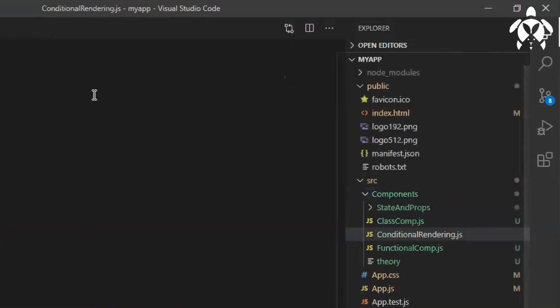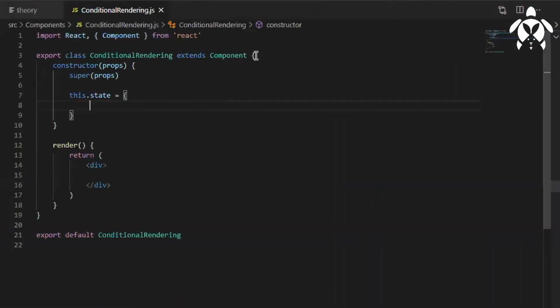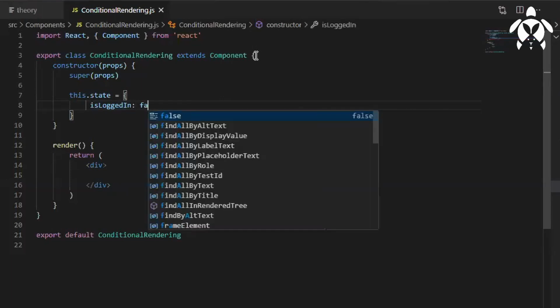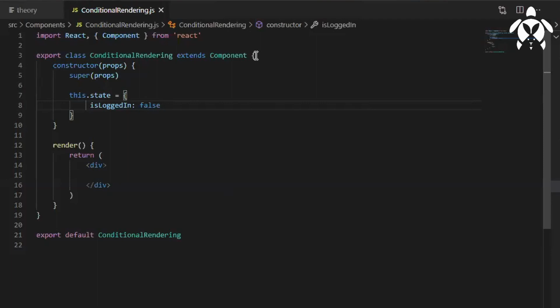In this I'll simply write isLogin. The very first time I'll set it to false. It depends; if you want, you can set it to true. Based on this isLogin, I'll show some component.